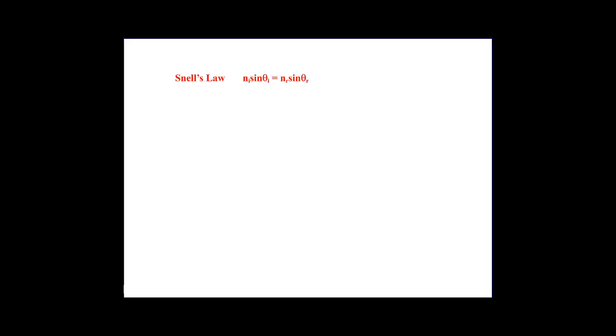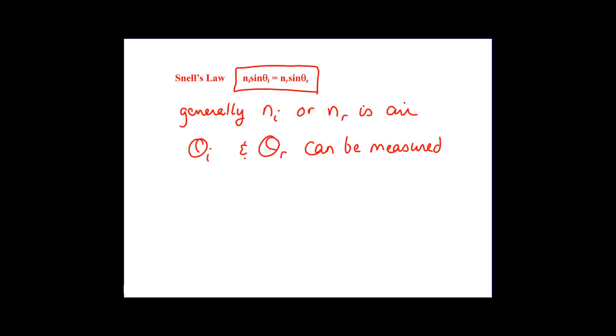The lab that you're going to be doing is working with Snell's law. Snell's law looks at the angles of incidence and refraction and the index of refraction and gives us this equation. So I can measure angle of incidence, I can measure angle of refraction, and as long as one of my media, either the incident media or the refracting media, is air, then it's easy for me to find the index of refraction for the other material. That's the form of Snell's law that we're going to be using for the lab. We're going to be measuring angle of incidence and angle of refraction using a protractor and creating some refracting light